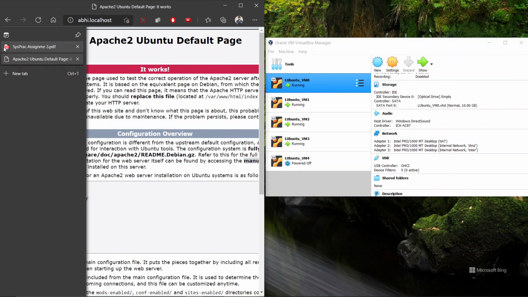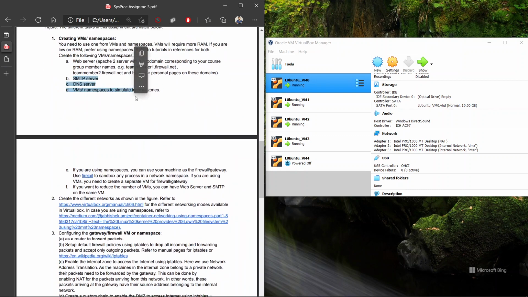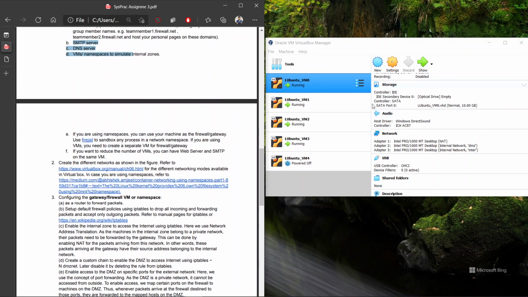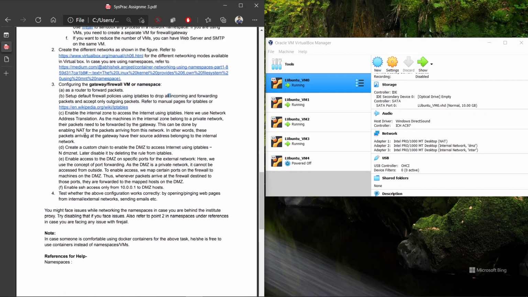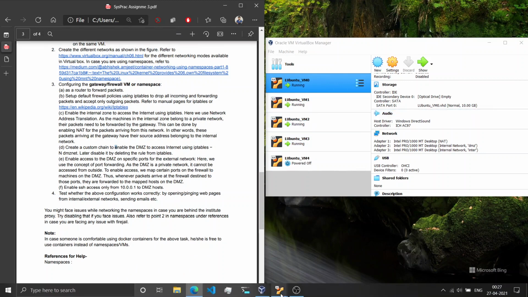So we have achieved all tasks. First was creating VMs and servers. We have created all types of servers. Then we had to add the networks, and we added networks here. Then we had to make the iptables rules and configure the gateway, which I just showed you using the DMZ access. And last, we were able to access that from an external site. So that is also complete. So that's our presentation. Thank you.